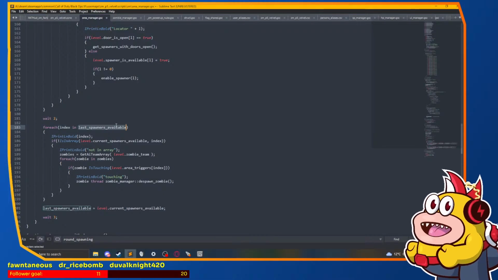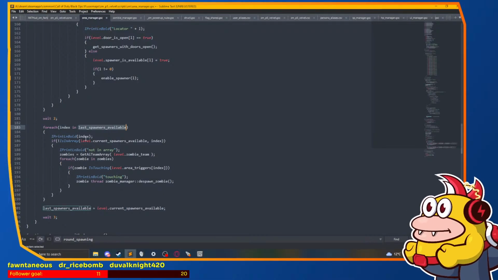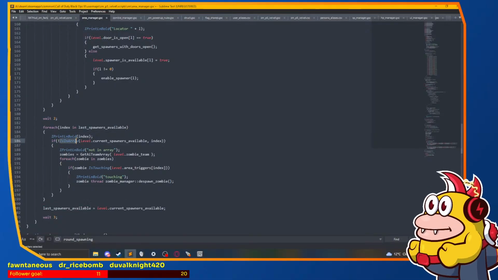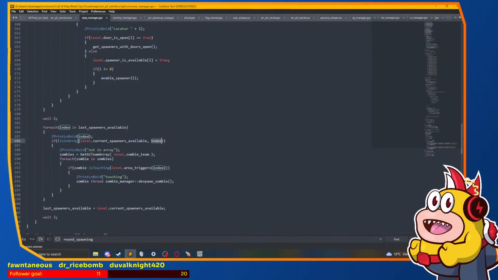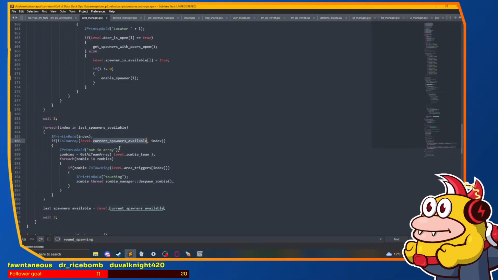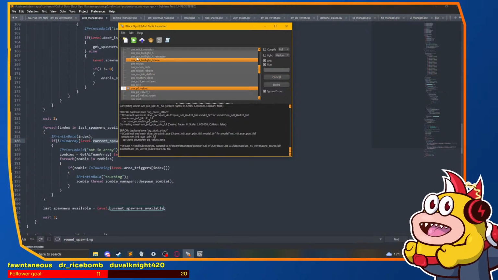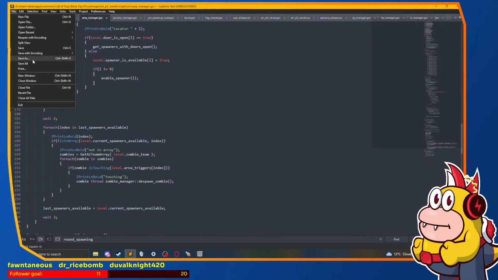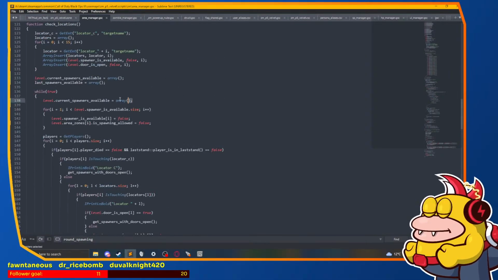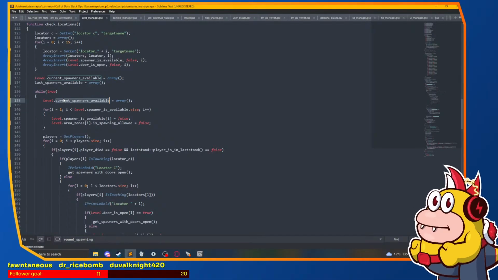Then for each index in last spawners available, last spawners available should be populated by the second iteration. And if the current index we're looking at isn't in current spawners available... Ah, that's it. That's the problem. Let's cancel this. We literally just did fix it actually by adding this in, by resetting this array. Because basically,